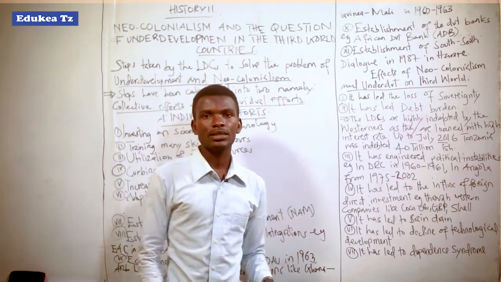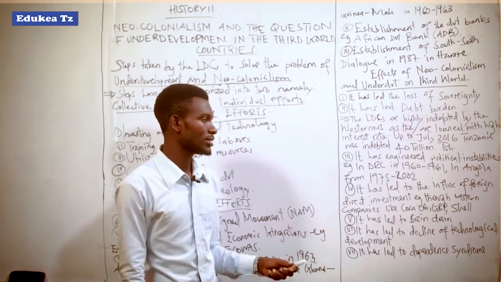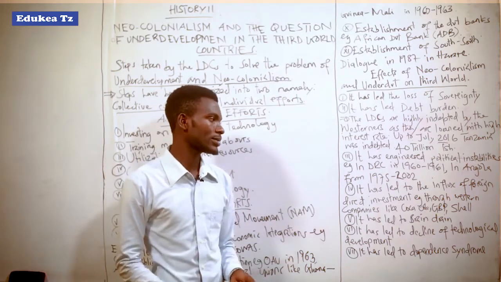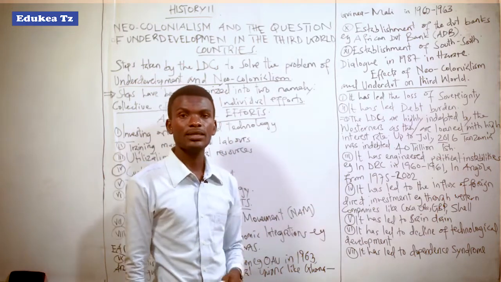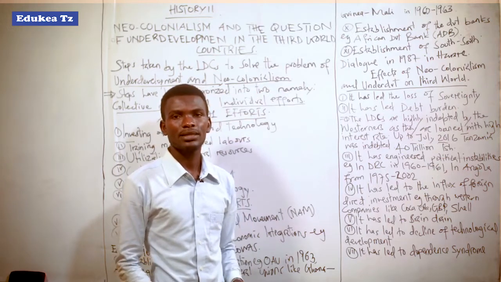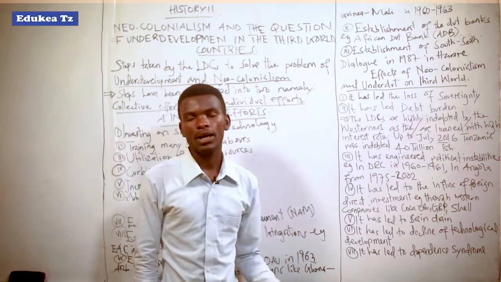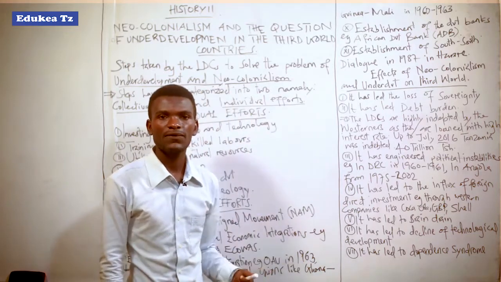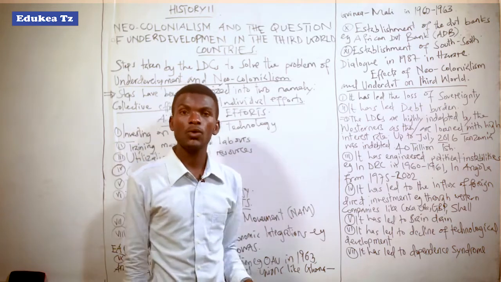The Western countries or imperialistic countries have invested much in less developed countries, believing that less developed countries are the area where they will get cheap labor, they will get the area for the manufactured goods from their industries, and it is the area where they will